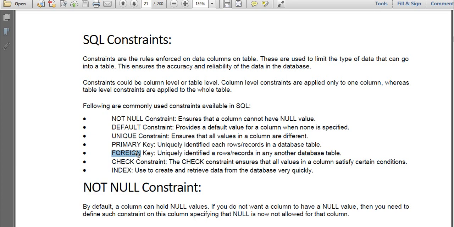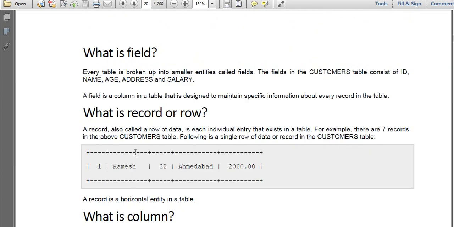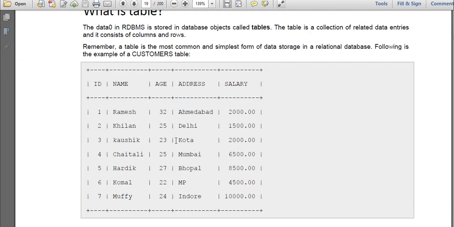For example, I have a field called age. In that it should accept values which are greater than 18 and less than 50. So that is the condition I have created at the time of creating that table.